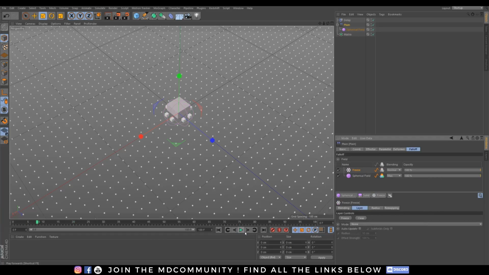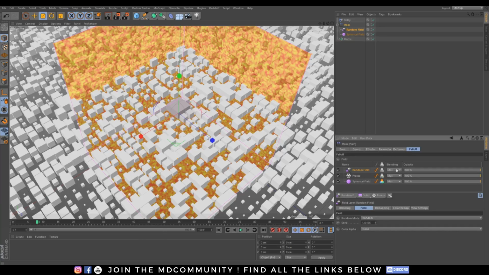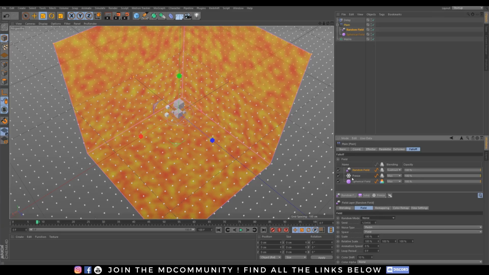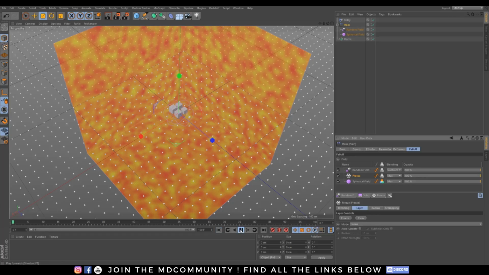Really nice. I will also set it to max and I will add my random field. Same thing as the first example. Set this to subtract. Let's add a noise and let's see what's going on, guys. Nothing. Let's set the freeze to grow and let's see what's going on.